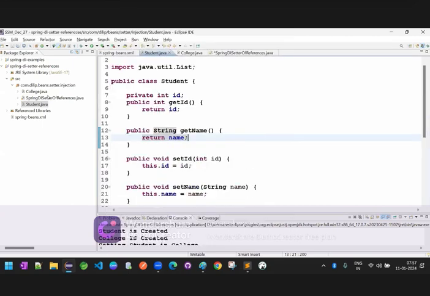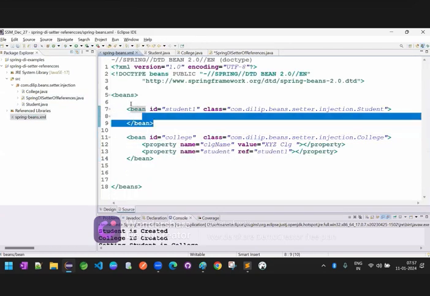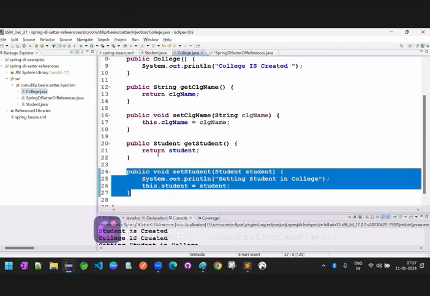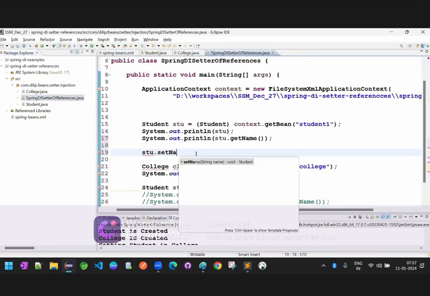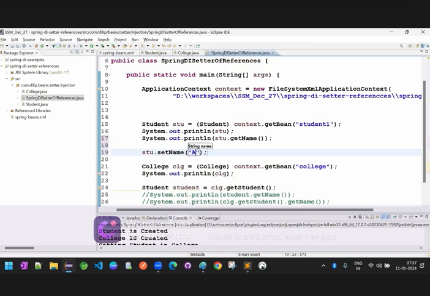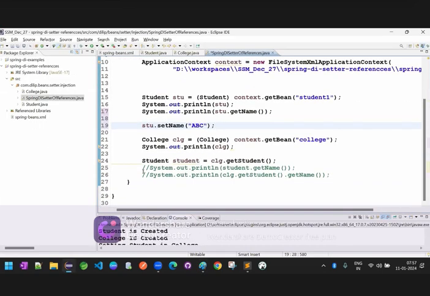So now assume, first of all, it's created with default values only, right? From the container's point of view, default values. Now you updated, set student name, something, you gave ABC. But where are you doing this operation? On the bean object student one, which you got from the container, and there you are performing the operation. So what is the value here now? ABC will be updated. But the same value, I'm trying to get from the